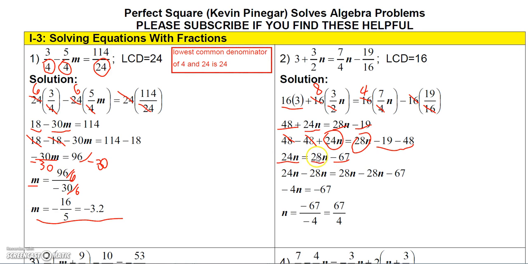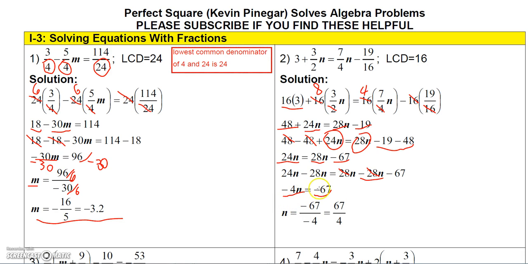So what I can do to get rid of it over here is take 28n away from that. So subtract 28n from the right side, and that way these two will cancel. And if I subtract it on the right side, I also must subtract it on the left. So I have 24n minus 28n, and that's just going to give me negative 4n. And then I bring down the negative 67, and so I have negative 4n equals negative 67, and then divide